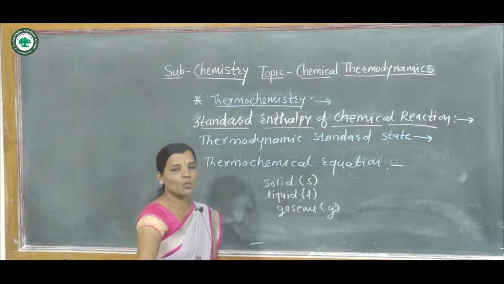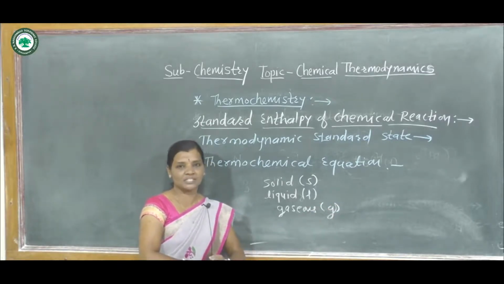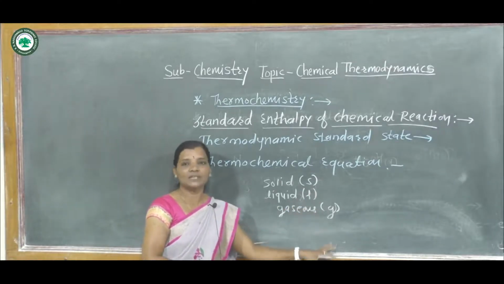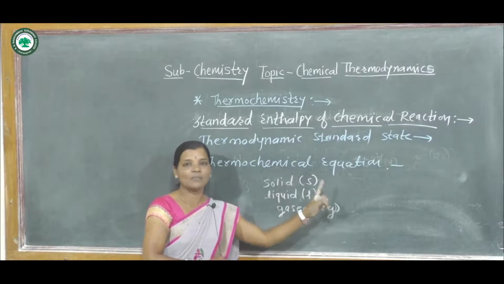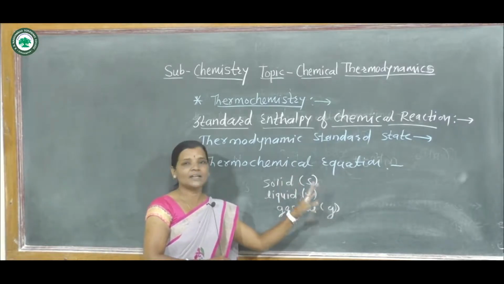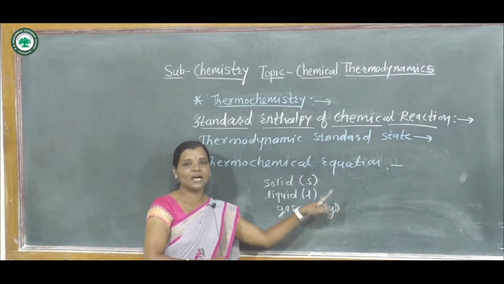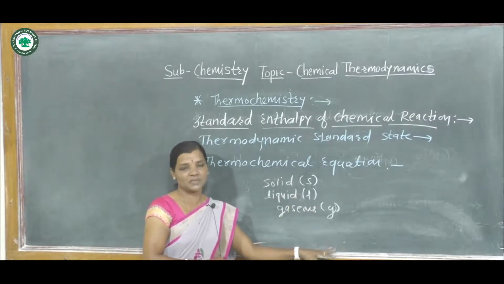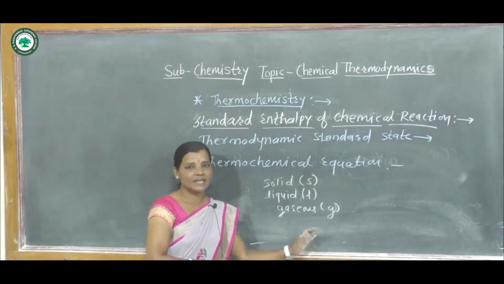And next, whatever enthalpy change is written to the right hand side of the chemical equation has a particular sign, and that indicates the direction of the reaction. That means if the reverse reaction is written, then the magnitude of delta H remains constant, but its sign is changed. For a forward reaction, if the enthalpy change is positive, then for the reverse reaction the magnitude remains constant, but its sign changes.